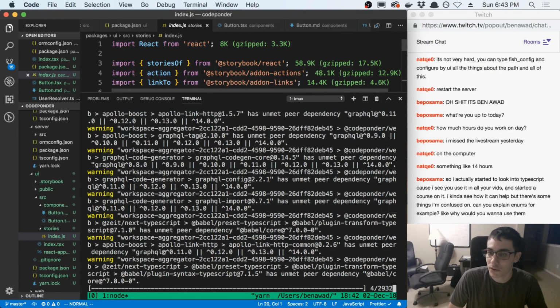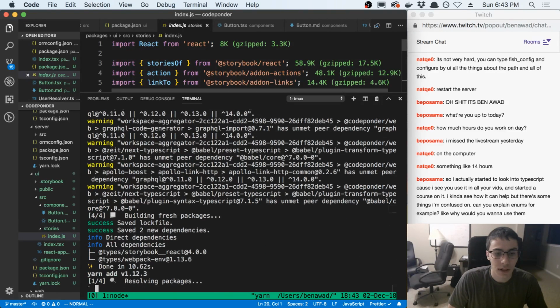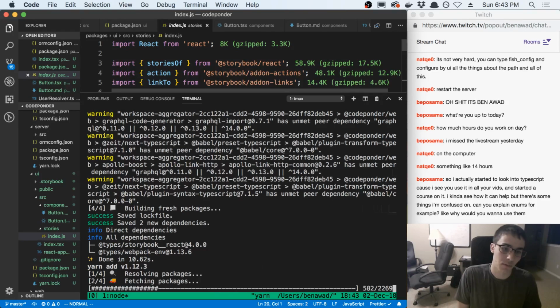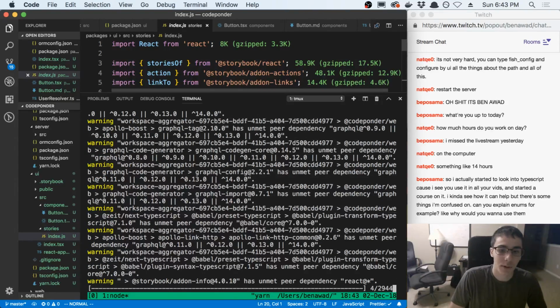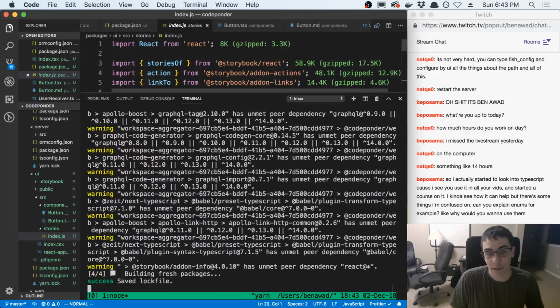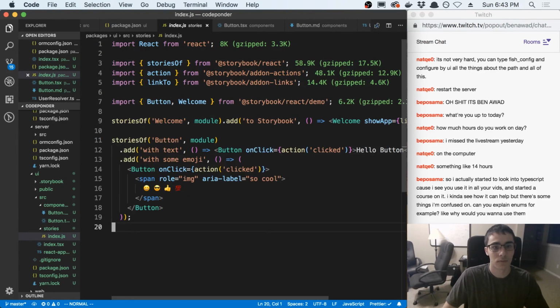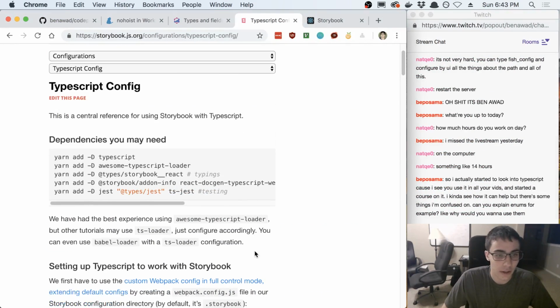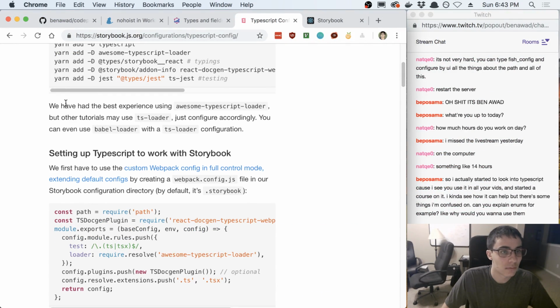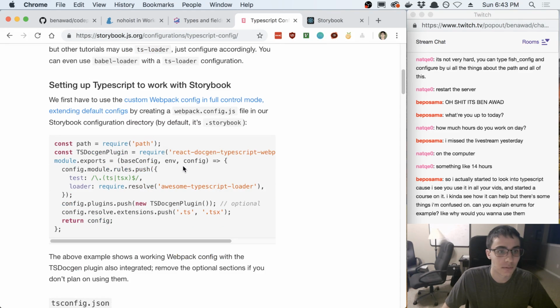Can you explain enums, for example? Like, why would you want to use them? I don't think I actually use enums in TypeScript at all to this point. You pretty much use them if you want to map numbers to a string that makes sense in your application. But I don't really use them. Now and then it comes up to be useful, but